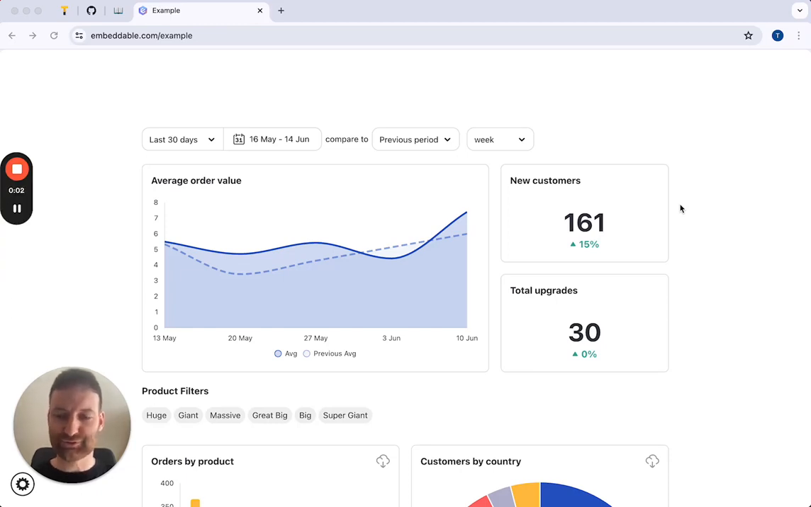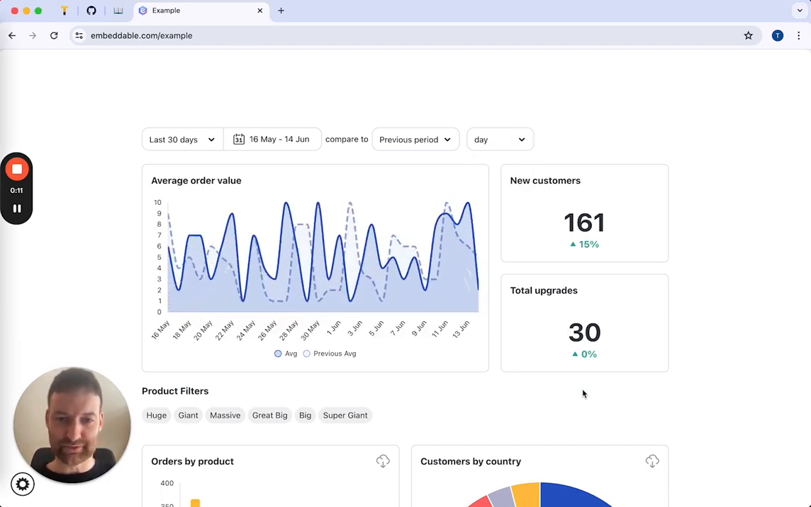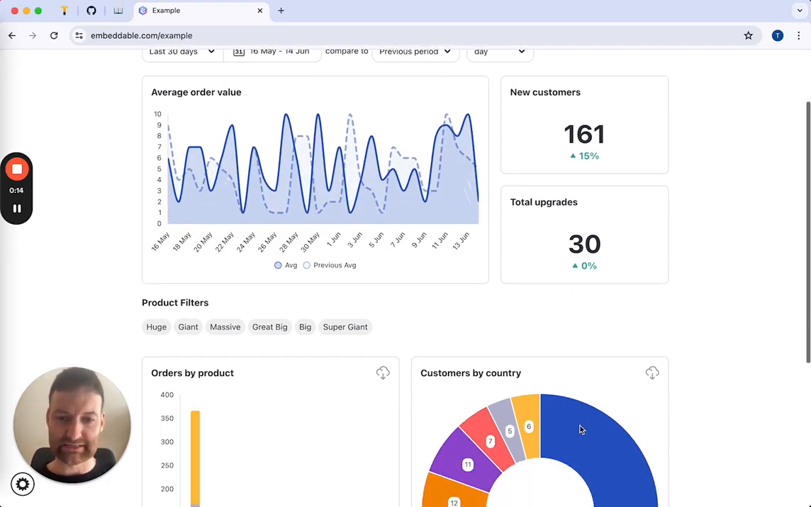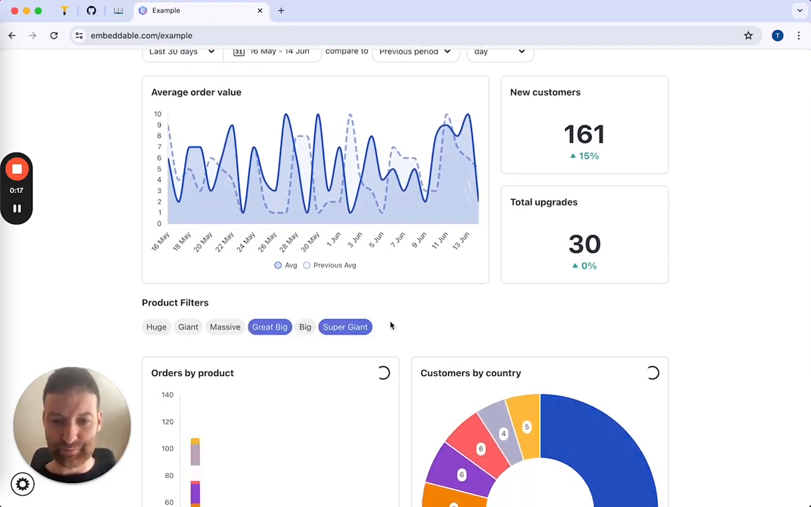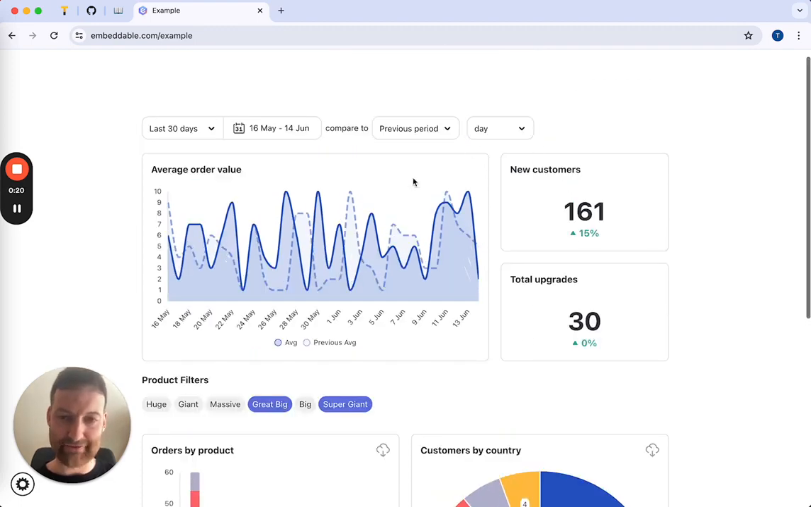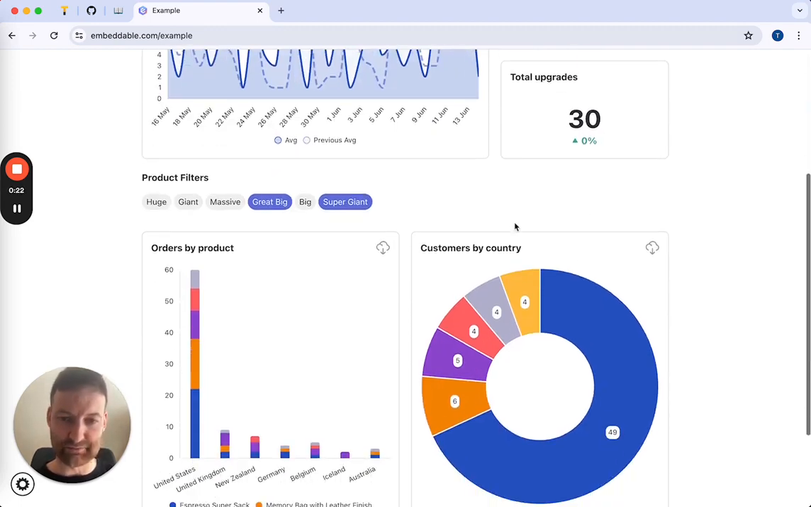Hey guys, I wanted to record a quick video to show you how to build an embeddable dashboard using Embeddable. Embeddable is basically a developer toolkit for building in-app analytics or customer-facing analytics into your app. And the quite unique thing about it is that every single component and chart that makes up your dashboard are